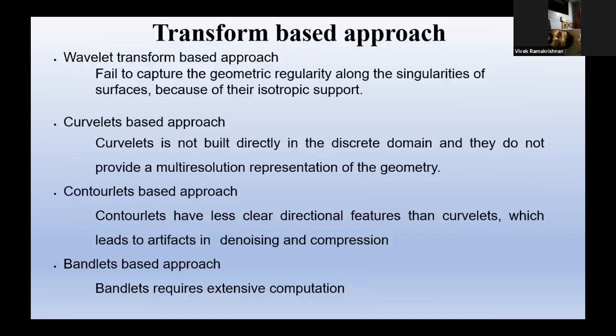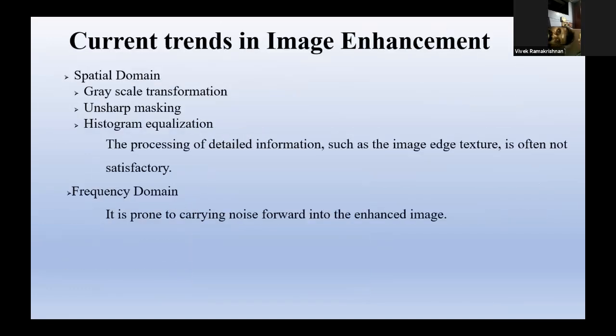So now, what are the current trends in basically image enhancement? When I said I map it to a denoising problem, I go for the spatial domain. You can do a grayscale transformation, like a simple multiplication of the brightness value with some kind of scaling function. You can go for unsharp masking, which we study in image processing at the university level. Then the most famous of all the problems in image processing subjects is histogram equalization. That is, you equalize the pixels across all the gray levels.